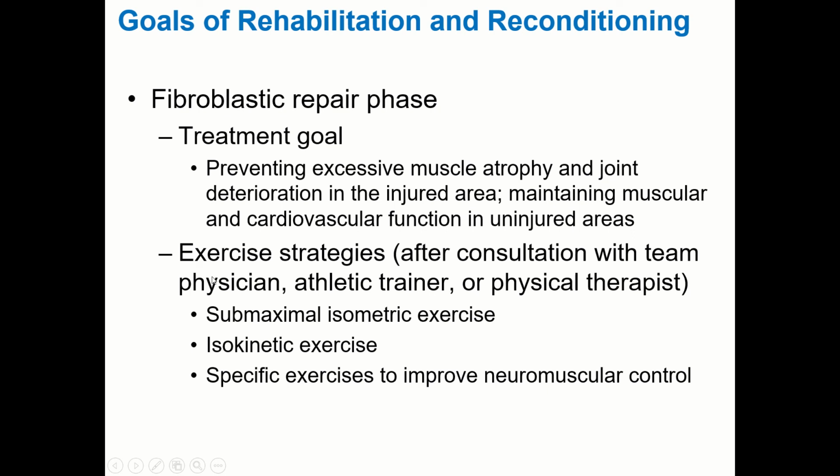Some of the same stuff we just talked about. So in this phase, you can see sort of how them do isometric exercise, isokinetic exercise, which unless you have an isokinetic dynamometer is probably not going to happen. So then we'll have them do isotonics, and then we'll do neuromuscular control exercises, which are things like proprioceptive or balance type exercises. You can also, so I used the example of the AirX pad for an ankle injury.